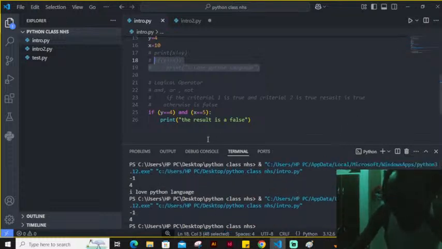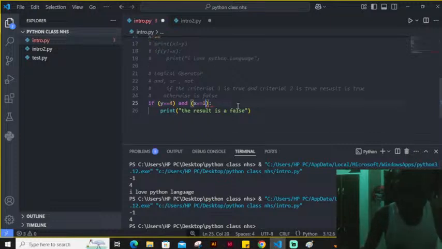You notice that nothing is executed. Why? Because this guy here has spoiled the whole thing. Remember, AND said this one is true, but this guy is false, so this one is not going to be executed. If this one was also true, with x being 10,